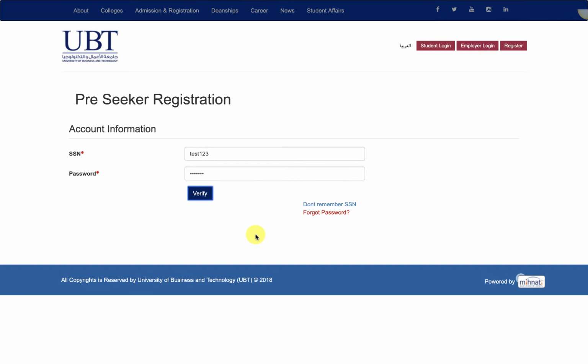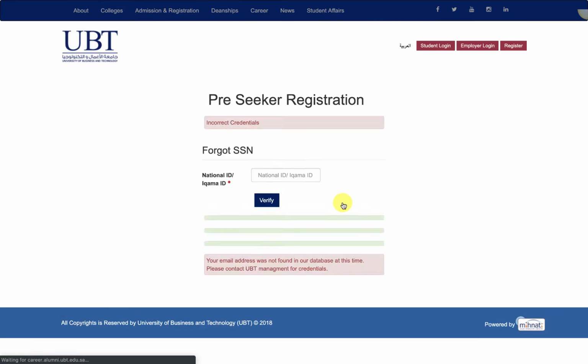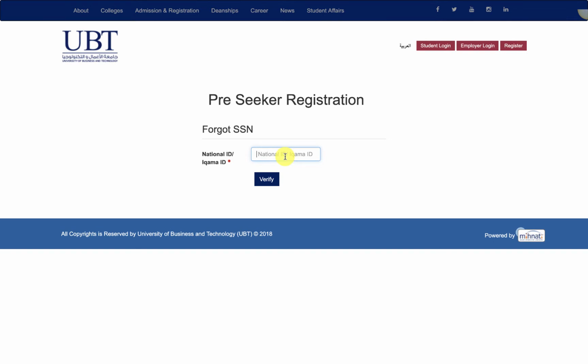When you click the verify button, the system over here will communicate with the Opera system and it will retrieve your details. For instance, as a graduate, you do not remember your SSN details or your password. What you would do is you would click here. When you click here, after that, you will add your national identity number. Once you add your national or your Iqama identity number plus verify, the system will show you an email address,